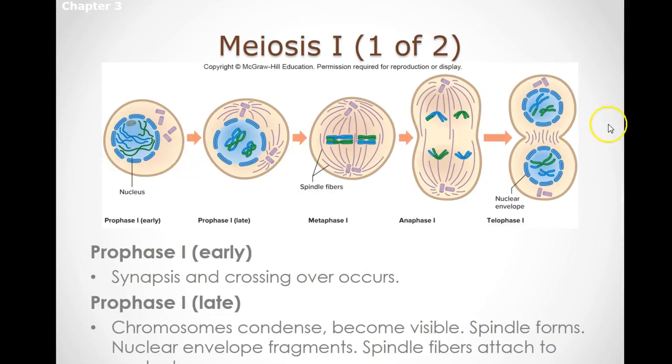So let's take a look diagrammatically at what this looks like. Again, this should look very, very similar to mitosis because you've seen something like this before. So our centrioles and our spindle fibers forming, our nuclear envelope is going to start disintegrating in prophase. We're going to get our homologous chromosomes to do something unique called synapsis and crossing over, which I'm going to talk about in a moment. I'm not going to talk through all of that right now, but I'm going to talk about it in a moment. In metaphase, we're going to have those line up at the equator, and then we're going to separate those homologous chromosomes in anaphase, and then we're going to have nuclear envelope reforming in telophase, and then we have a cytokinesis event as well.